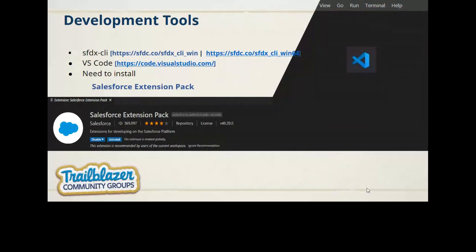Before going to the demo, we have to tell what development tools you have to install on your machine. One is SFDX CLI, which will help you with the CLI-related things, and you have to install VS Code. All the links are there.